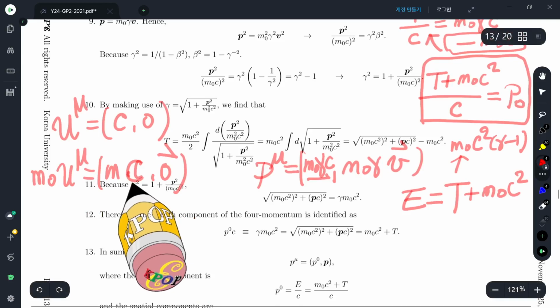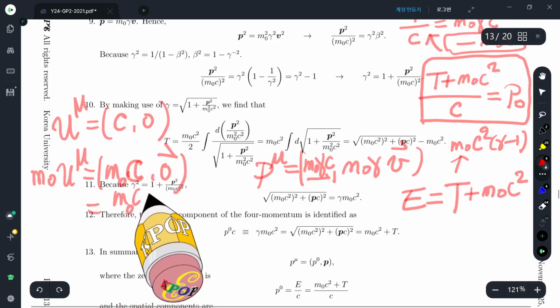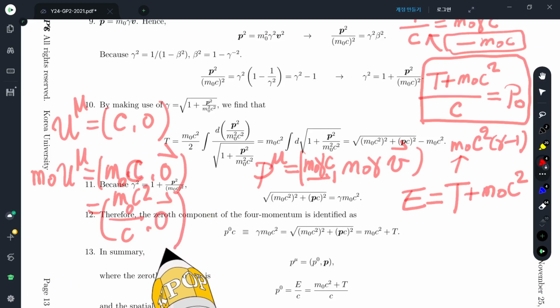I can reproduce this, and this is m0 c squared divided by c times the vector. Aha! Einstein's interpretation of the time component of this 4-momentum is,